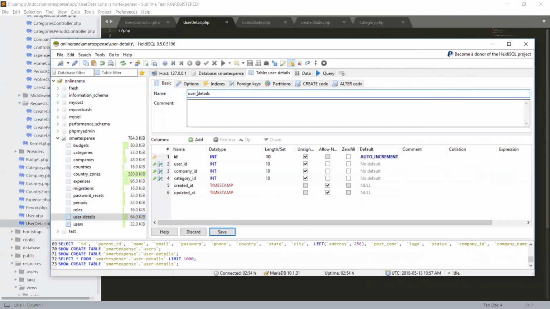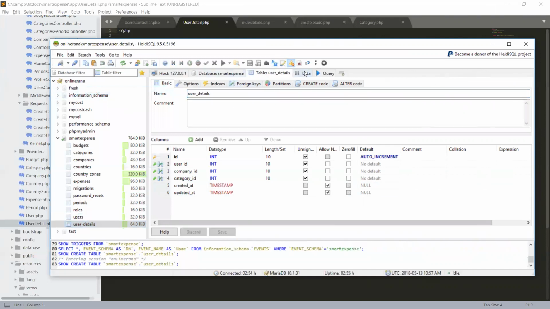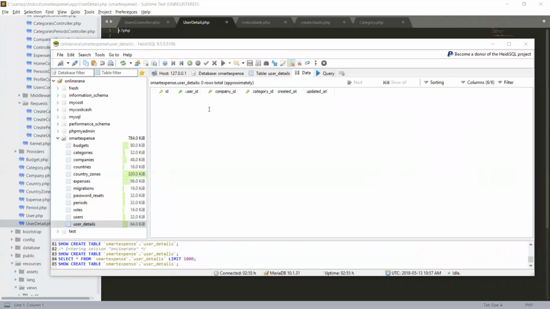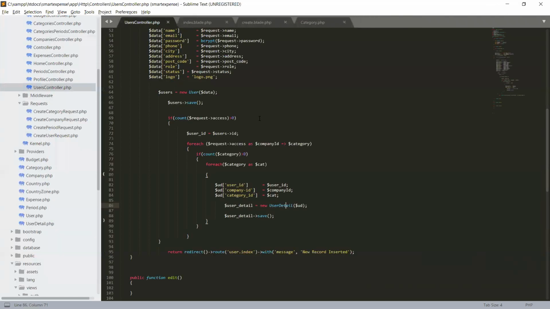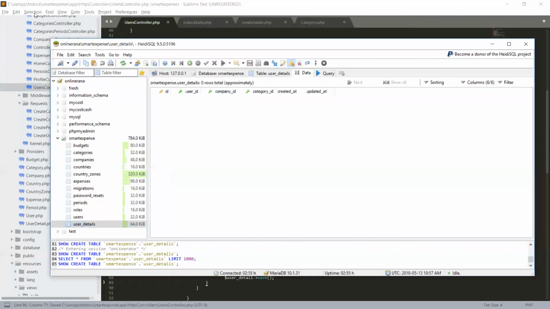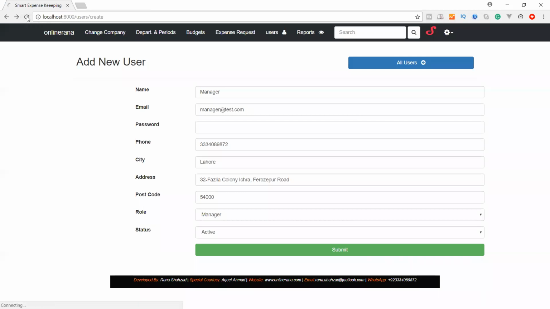We say user underscore details and save it. Okay, we have saved it. Let's close this and refresh one more time.